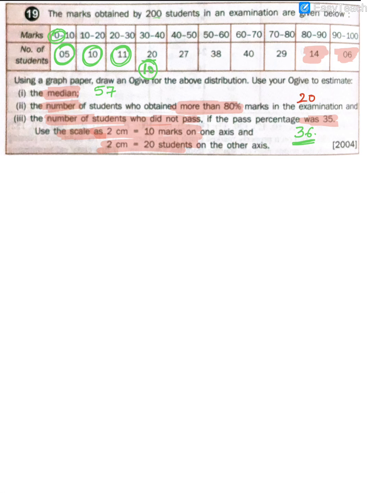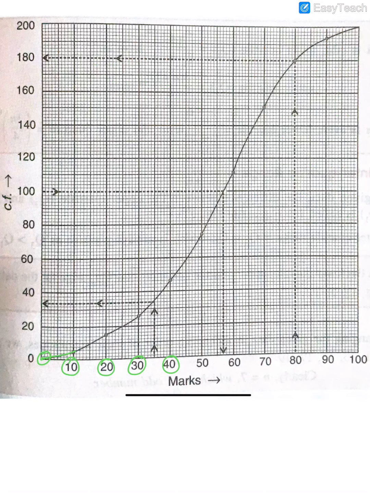Okay, next answer is 20. What we had got is correct. The number of students who did not pass, they got 34. I wrote 36, so it's okay. If you get 35, then also it's okay. 34 is also okay. Remember here now you will not have approximate. It's not possible to get approximate because it's an exact number out here. This one, if you are getting an approximate answer, that's okay, they will accept it, but not for this one. This one also could be approximately 57, so 56, 58, both are okay.